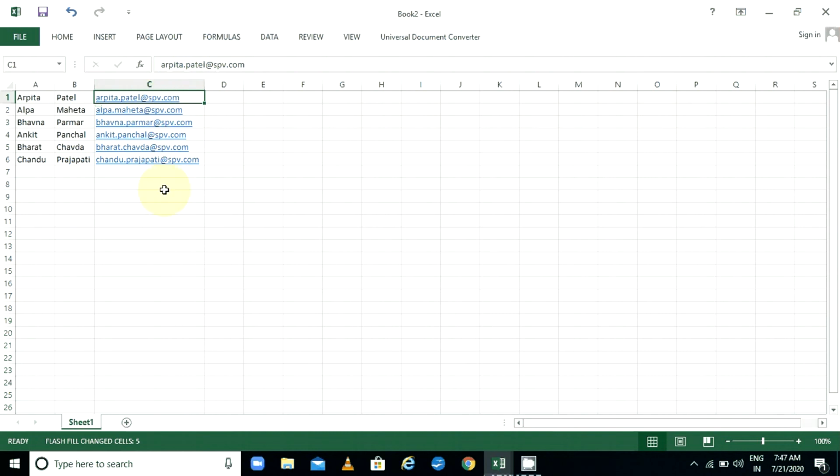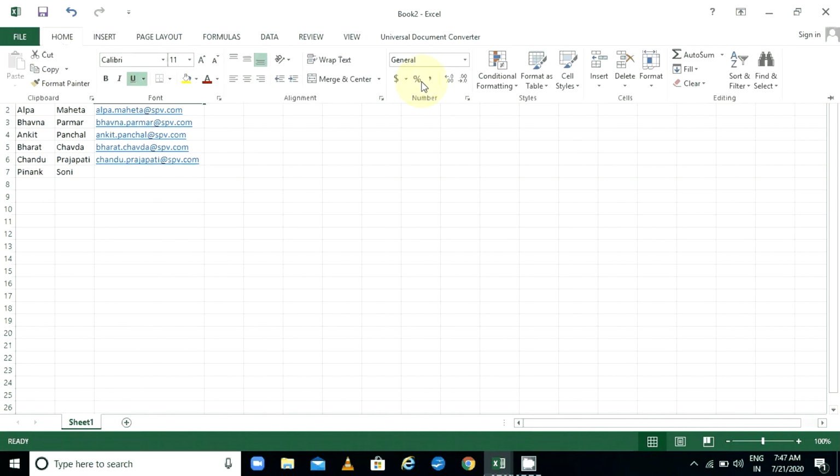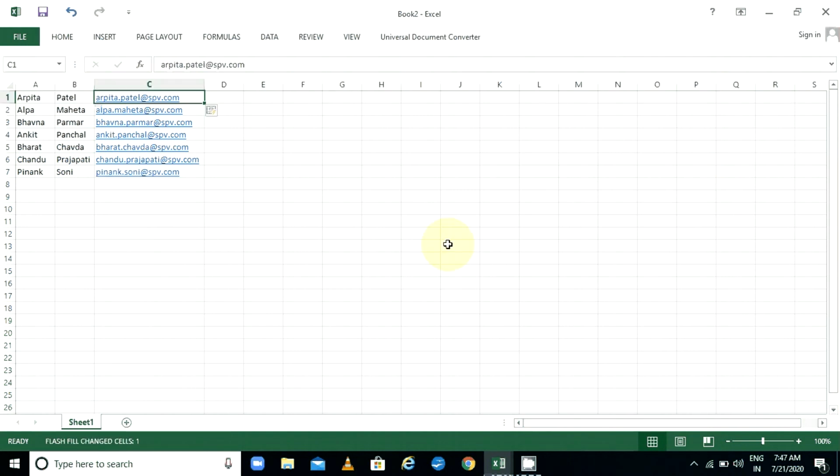Like that you can use Flash Fill. Now whatever name you insert, suppose Pinang Sony. Here you want to generate Flash Fill. Just click on Fill and Flash Fill. See, automatically it is coming.